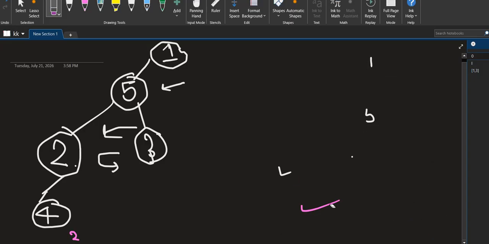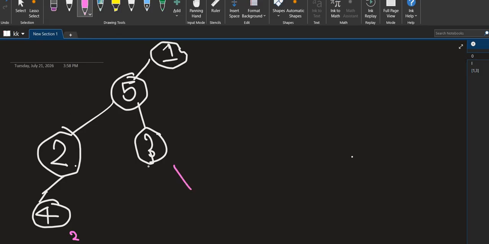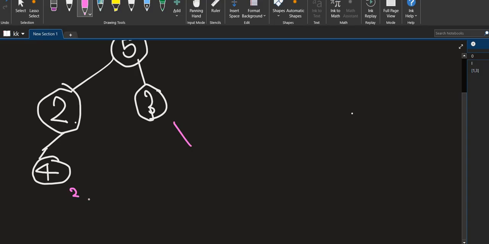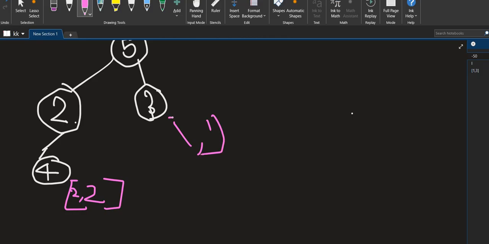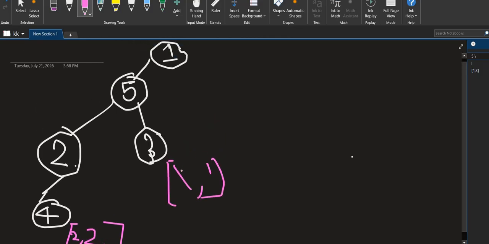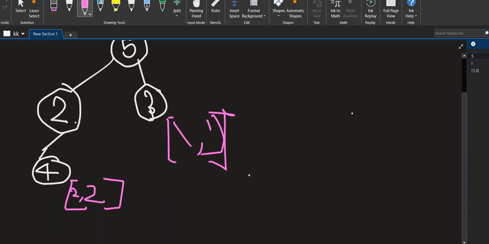Let's take this one, the existing one. Up until now, when I was comparing with these child values, I said that you take them as a single value. But what we're going to do is simply, we will take a pair always. Always we will take a pair. It gets easier once the tree gets a little bigger. Once the tree gets a little bigger, comparing those different children would be much easier because